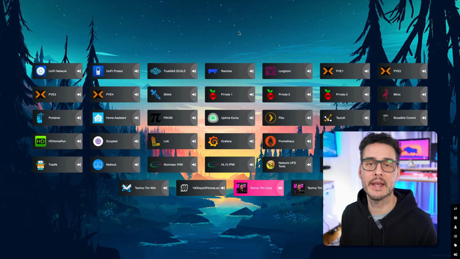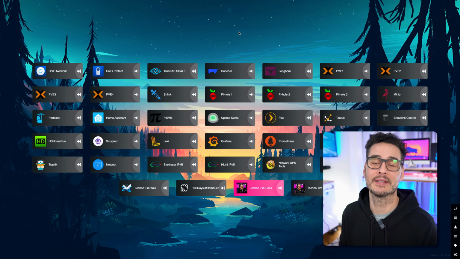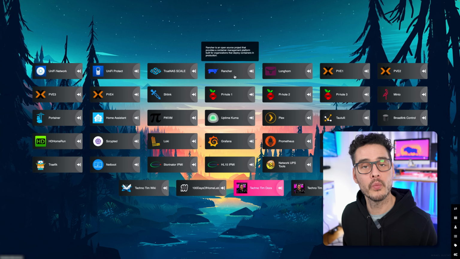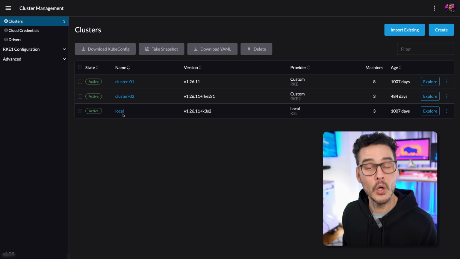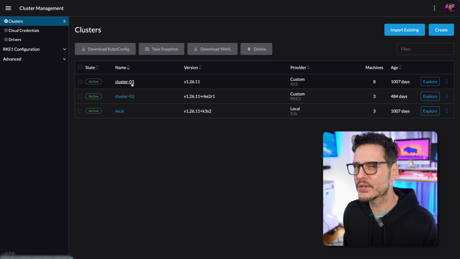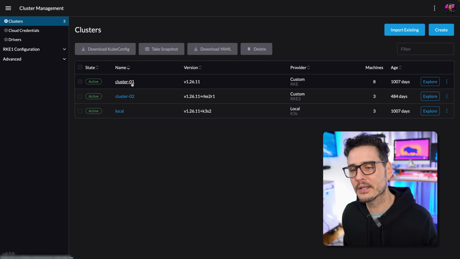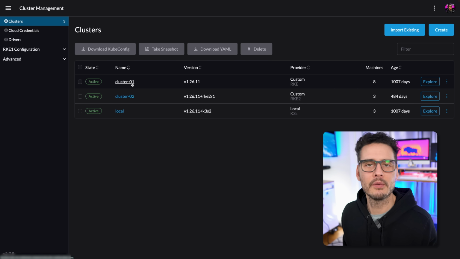And speaking of my Kubernetes cluster, I have 3 Kubernetes clusters and I manage them all with Rancher. I have my local cluster, which is K3s, and it's only running Rancher. Then I have my cluster L1, which is kind of my untrusted cluster. It's a little bit of both right now because I'm in the middle of a migration, but it runs all of my public workloads along with a few internal workloads too.